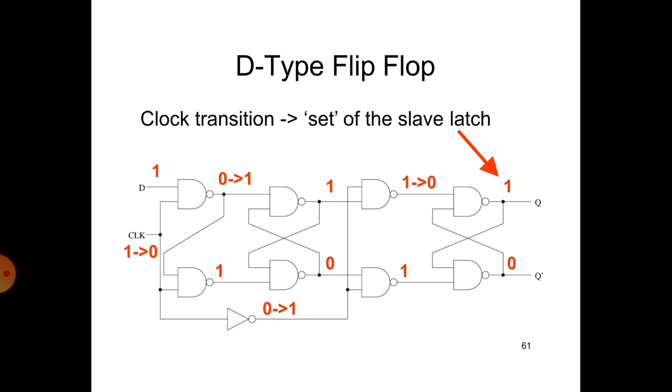So the second part of the latch circuit, that is NAND gate 1 and 2, the output will be 1, the clock will be 1, the output will be 0. So that will be given to the input of the third gate. So 1, 0 means the output will be 1, that is Q and Q bar. So this is a clock transition set of the slave latch.